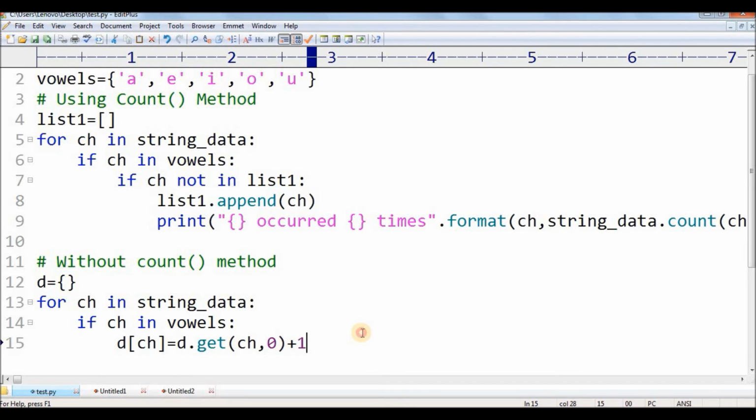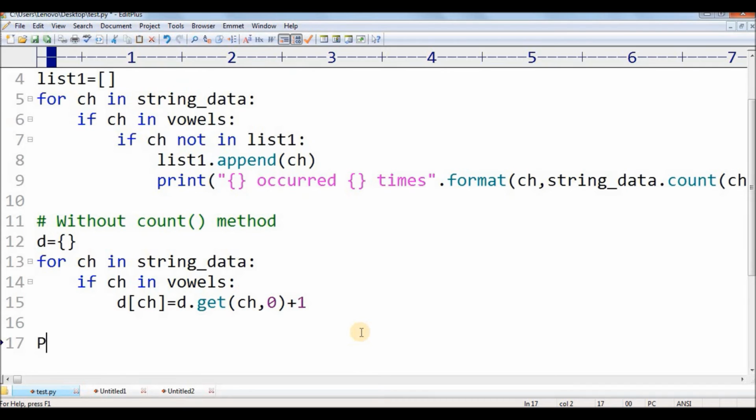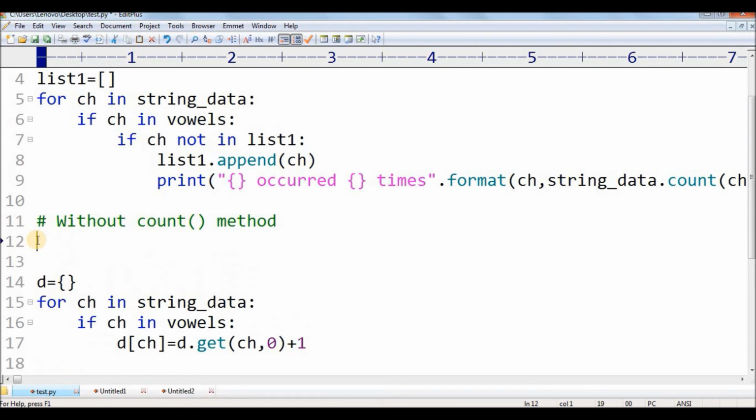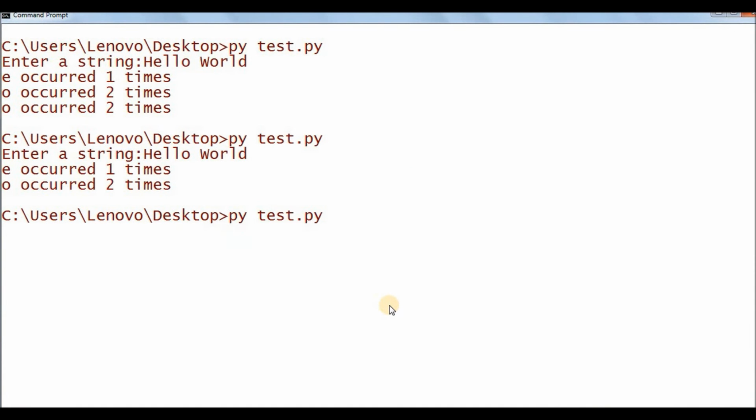Now I am almost done, and if I print d, I will get my output. But before that, let me put a line between the two outputs so that I can differentiate the two outputs. Now let me save it and I will run it.